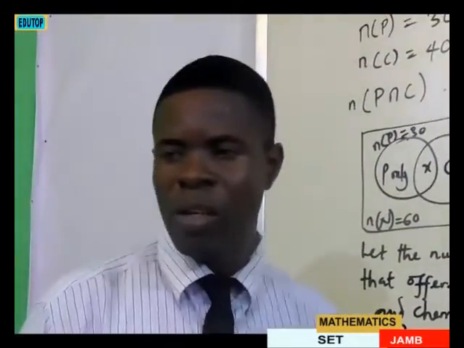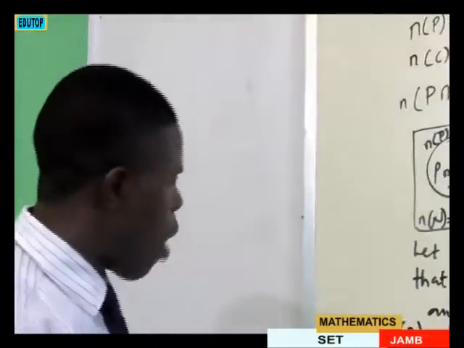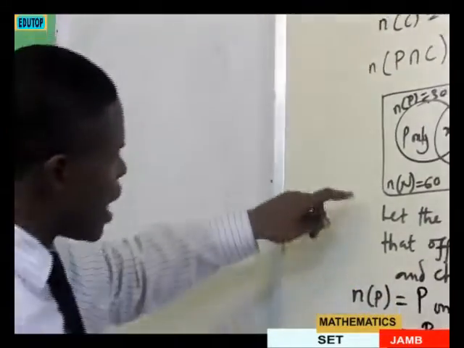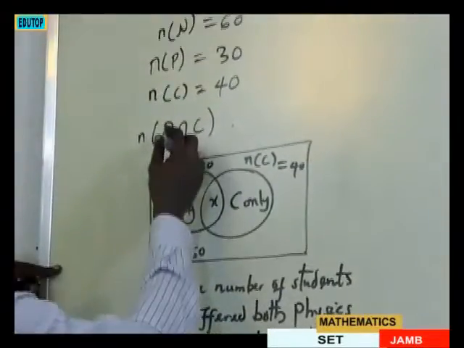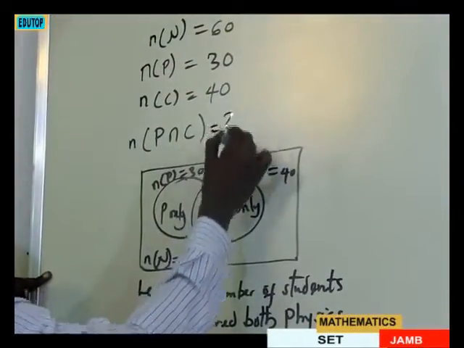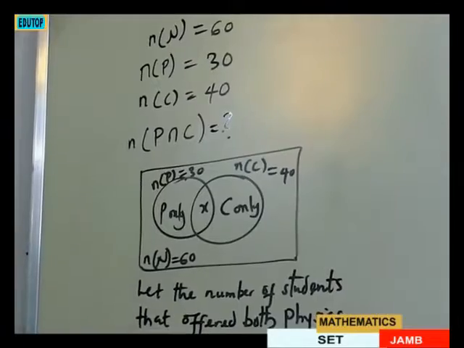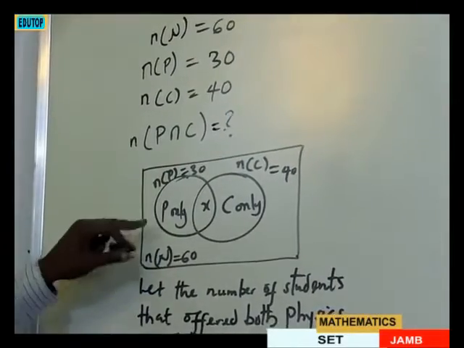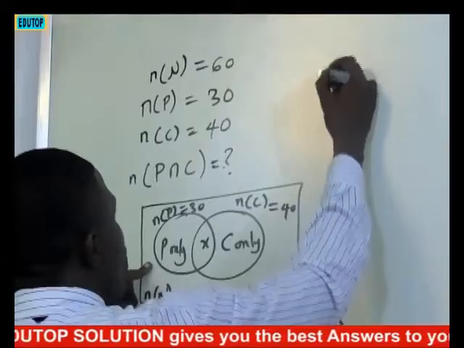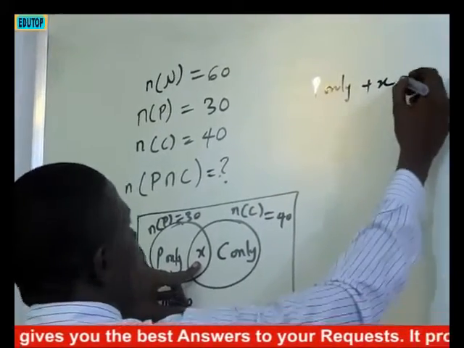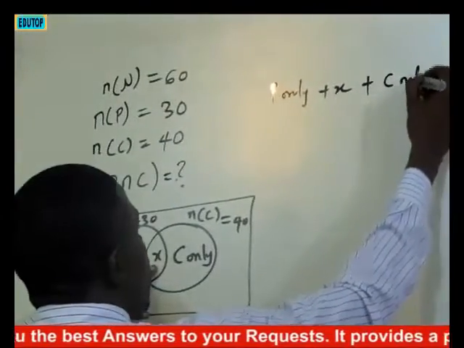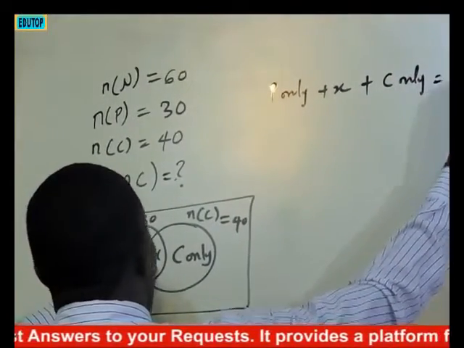So let's now solve for our X, because our interest is to calculate the number that offer both physics and chemistry. That is our interest, which is X. Now, for this, it will be P only plus both subjects plus chemistry only will definitely equal our